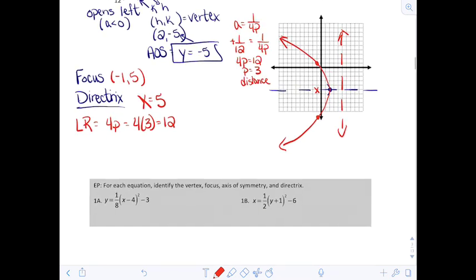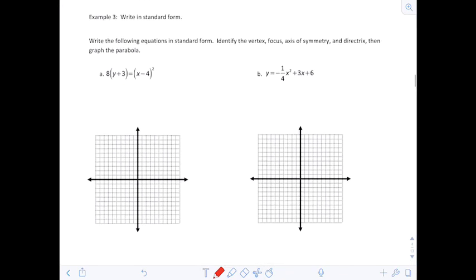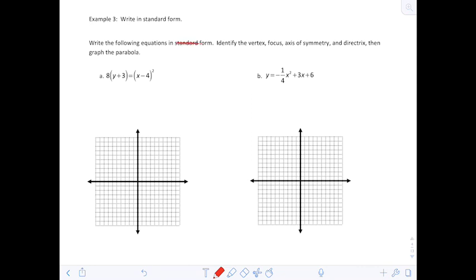Okay, let's look at the next one. Now with these, they want us to write the following in standard form. Now I'm going to cross that out. Standard form is really, what they're really wanting here is vertex form, or HK form, okay? So then we're going to identify the vertex, the focus, the axis of symmetry, the directrix, and